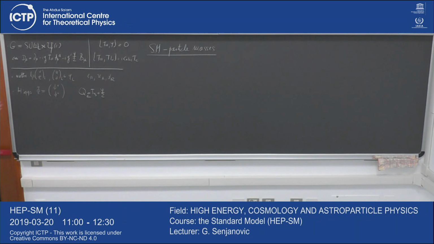Then of course you have to do the symmetry breaking that specifies the Higgs. We said we needed a doublet in order to give quarks and leptons their masses. There could have been other multiplets to give W and Z masses, but not for quarks and leptons. And we found out from D_mu phi squared,